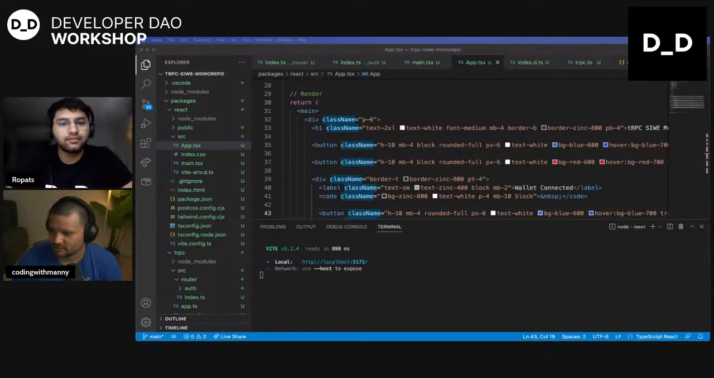Semicolon for life, yes, Martin. And create T3 app we will get to in a second, actually. We'll get to it at the end, which is something to consider too. Okay, so